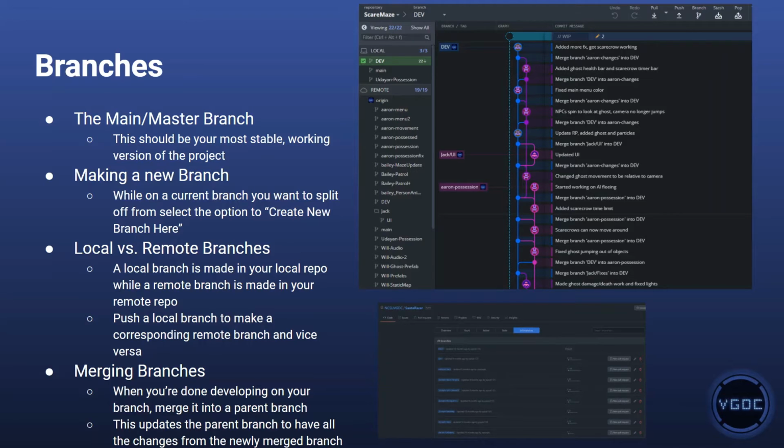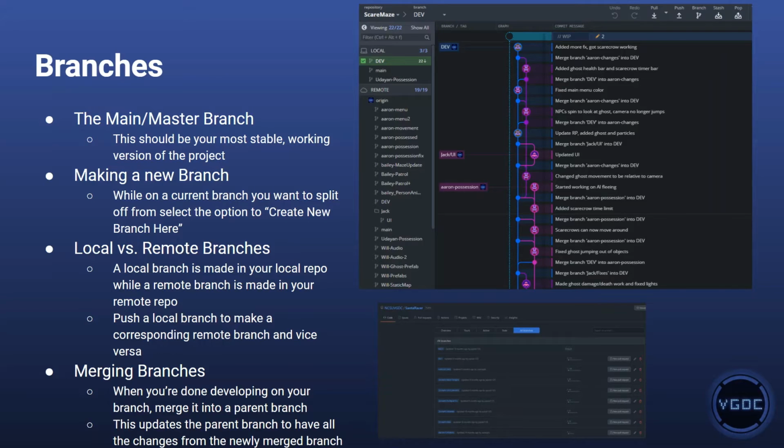All right, so to make a new branch, you're going to be on the current branch. So say we're on the dev branch here. You can see that we've selected dev here, that we're on our local dev branch. And then we're going to create a new branch there. There's usually different ways to do it depending on where you are. But you just use the branch command, create a new branch. And that will create a new branch on your local machine,